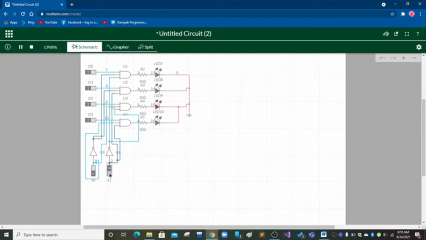And when S1 is 1 and S0 is 0, the D1 is working. When the input at D1 is 1, our LED is on. And when D1 is 0, the LED is off. By the way, we don't need 4 digital constants here, D0, D1, D2 and D3. We can work through only one digital constant.